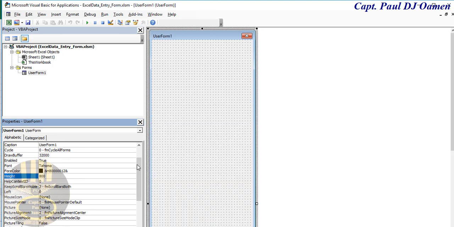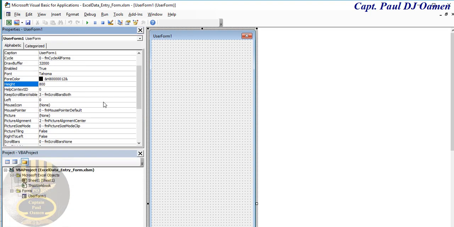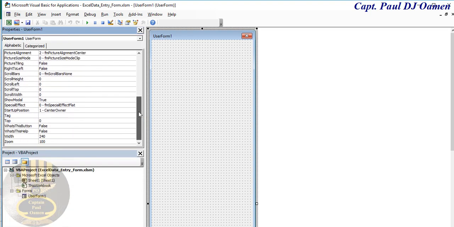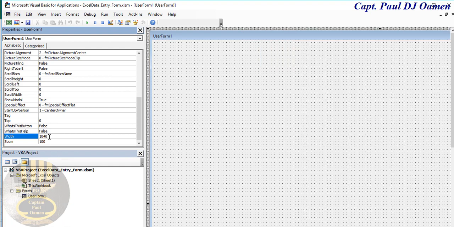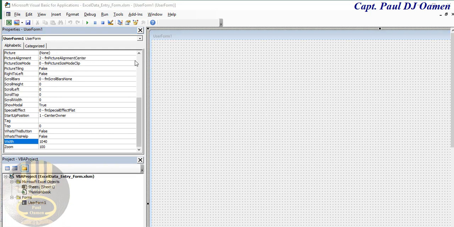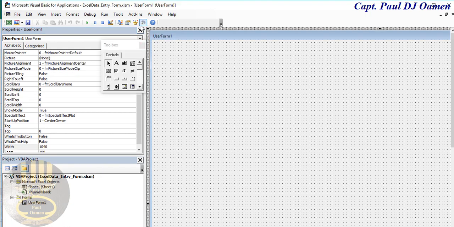There we go. And the width, I'm going to go for about 1000 plus. Let's move this up so that you guys can see what I'm up to. The width, that is it right there. I'm going to make that 1040. Press enter. There. Okay, the next thing I will do now is I'm going to go straight to the tools